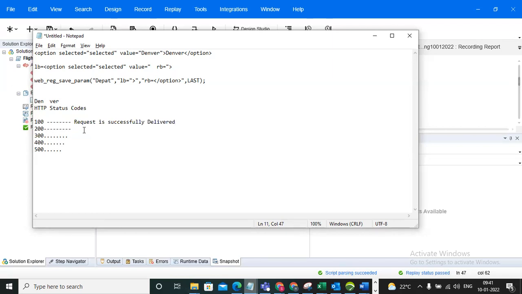And 200 means response received successfully. And 300 means redirection. And 400 means invalid request. And 500 means the application itself is not available.